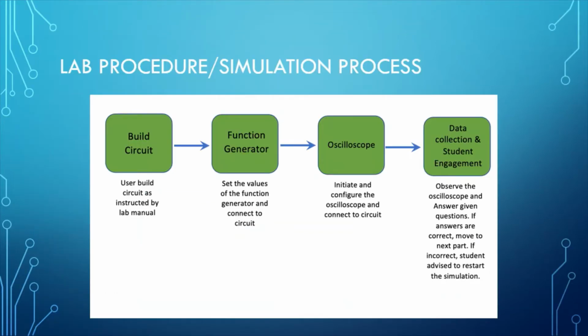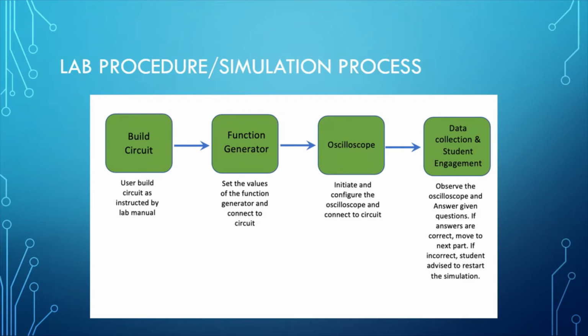This is a flowchart of the simulation procedures where we'll be mimicking the diode experiment from the Lab 2 course. Using the controllers, the user will begin by building the circuit from the outlined procedures. The function generator will have a predefined input value for the experiment, and the user must connect it properly as the input to the circuit. The user will then connect the probes of the oscilloscope and be able to view the output waveforms. To move on to the next part of the lab, the user will be tested with questions pertaining to the pre-lab and the results of the experiment, as well as the feedback that is provided with the continuous readings of the